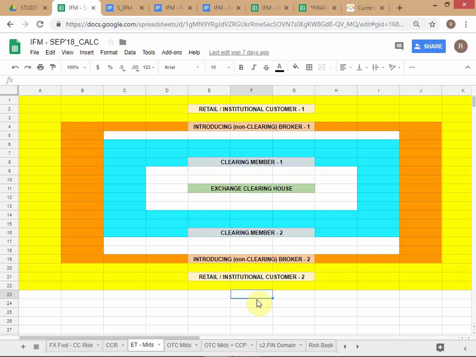So when you deposit your initial margin to transact in any futures contract, it goes through the entire route. You give it to your introducing broker, he will credit the account of the clearing member, and the clearing member will deposit that initial margin to the clearing house. The clearing house will see at the end of every day how many transactions were done, and whether initial margin for all those transactions has been submitted or not. If you haven't submitted, then the transaction is not recognized. You have to submit the initial margin.